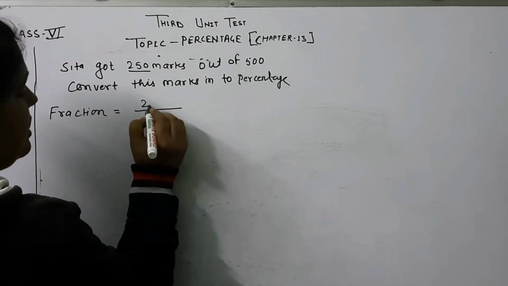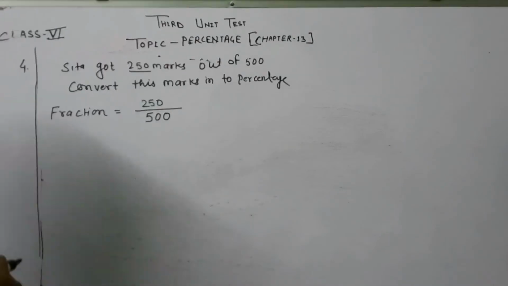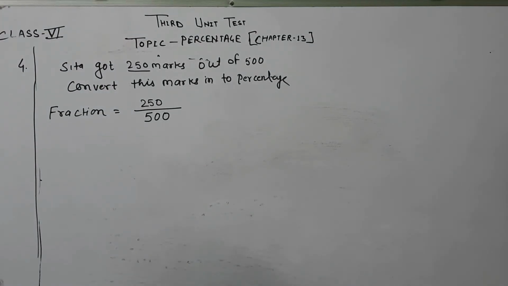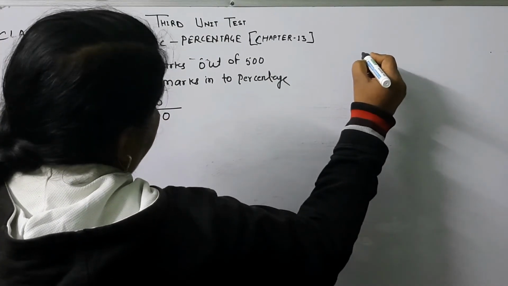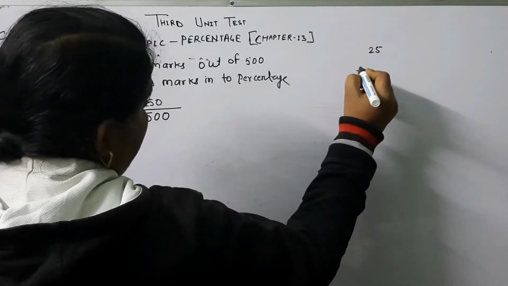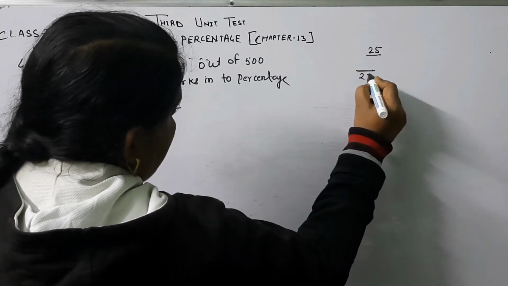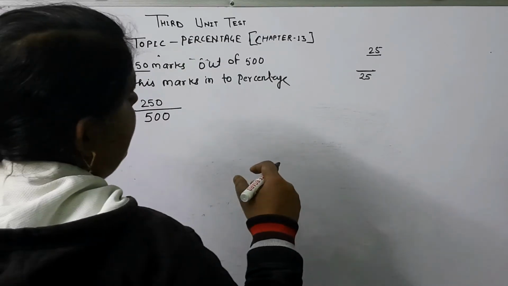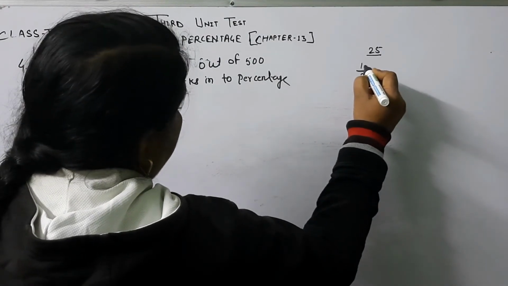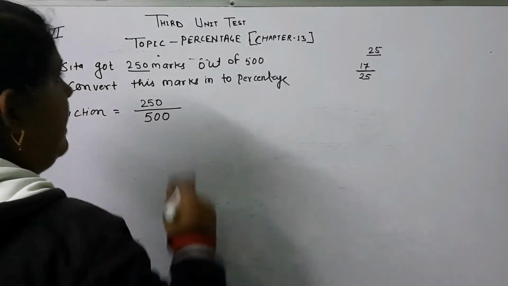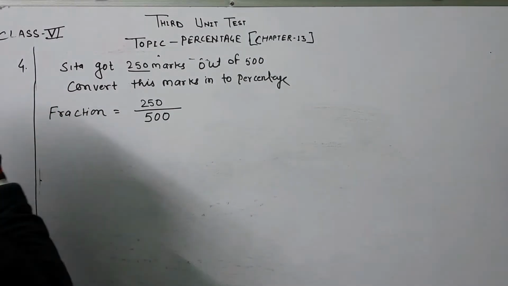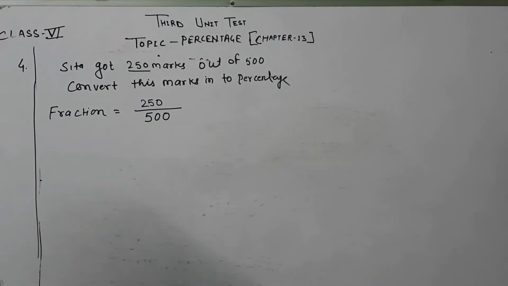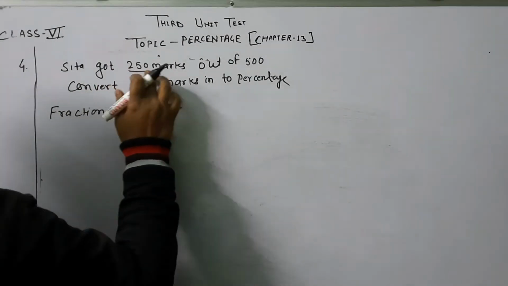She got 250. As you notice, during the examination, teachers give you the answer sheet of the exam paper, at that time also she retains the total marks in the down. Suppose the exam paper is out of 25, she retained the 25 in the down, and how much you got in that subject is on the top as a numerator, suppose it is 17, then 17 out of 25. So she got 250 marks out of 500.